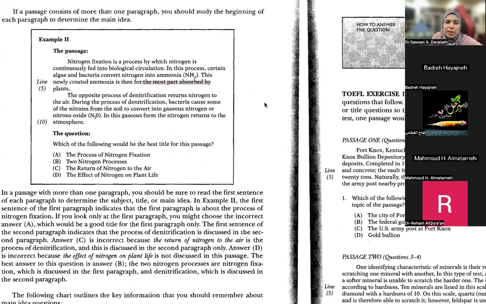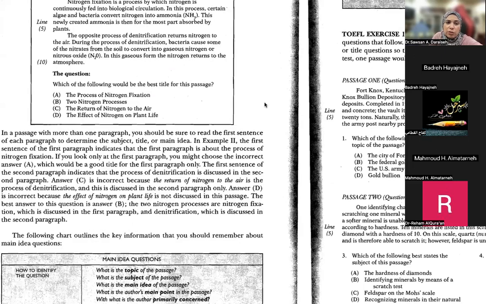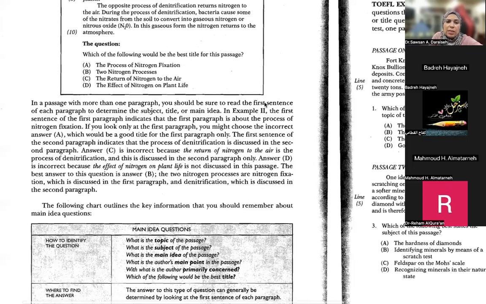So I hope that this is beneficial, guys. Take a look at what they say about the way this was answered. If you take a look, guys, what is said here is that in a passage with more than one paragraph, listen, you should be sure to read the first sentence of each paragraph to determine the subject, title, or main idea. In example 2, which is the one that we read,